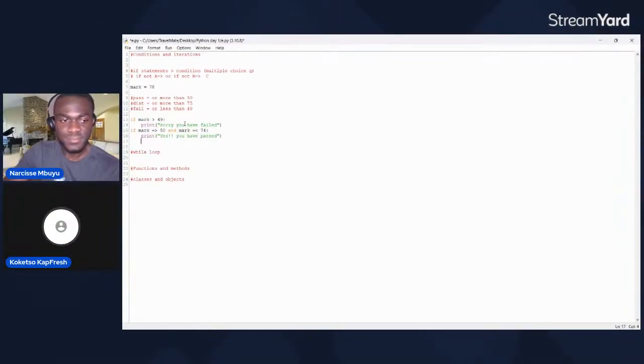And then last but not least, this is where the else method comes, the last condition that you'll be having. That's the last case.